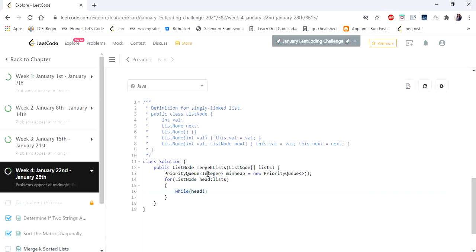Let's do a basic check: if head is not equal to null, till head goes null, we are going to iterate the elements and add them to the min heap, that is our priority queue.